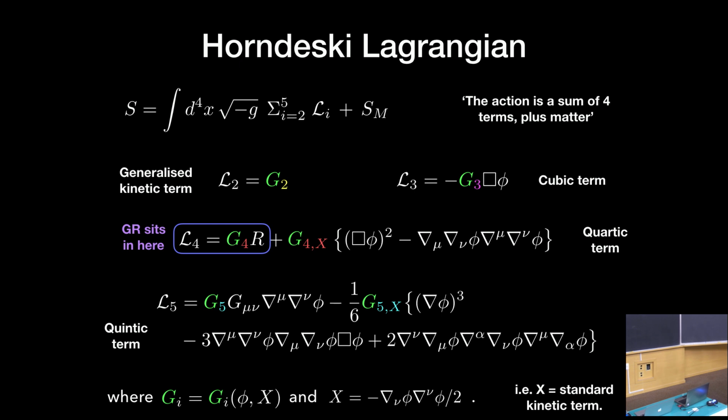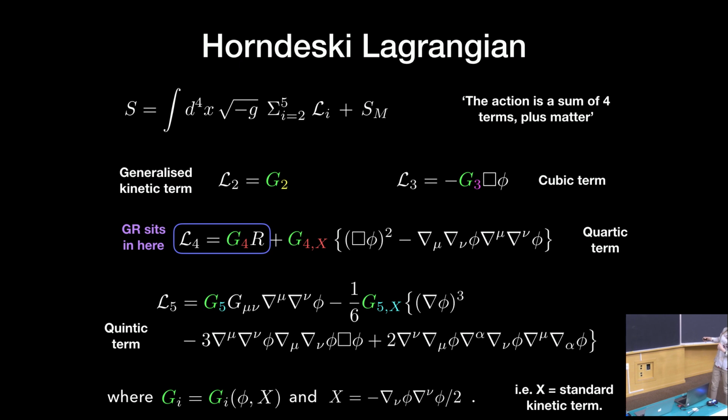Right, and all this looks messy, but a lot of this mess is actually what gives the theory interesting properties, in that it allows it to change the behavior of gravity whilst still screening, which is a term some of you may have heard of. Screening is basically a way, which I won't discuss today, that allows these theories to be consistent with solar system constraints and galactic constraints on gravity. So it basically hides all these modified gravity effects in certain environments.